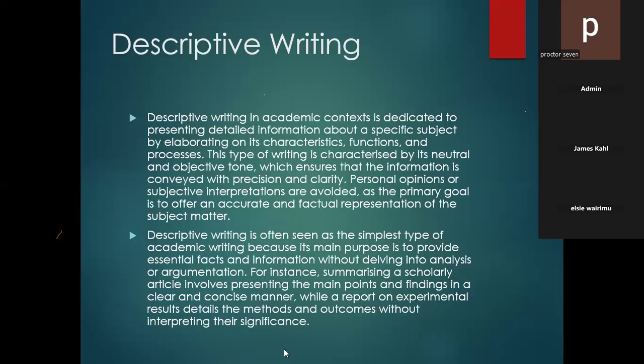Yeah, so we say this is the simplest type of academic writing. And why? It's because you just give characteristics. You just give features. But if you just give us, for example, features of the Zoom application, you don't learn a lot. There's not much insight if you just give us features of Zoom, unless you want to tell us how Zoom is being used to accomplish something very unique.